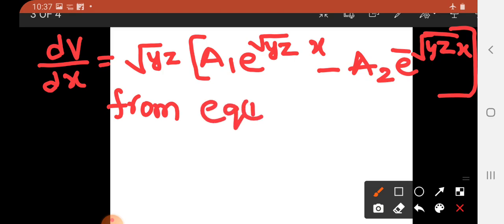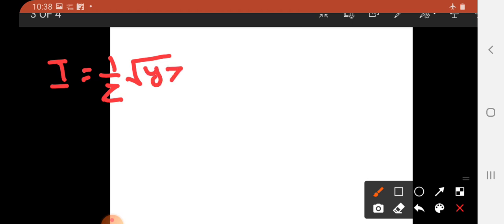From equation 1, dV/dx is equal to ZI. That is, ZI is equal to this one. From this equation, what is I? Therefore, I is equal to 1 by Z, square root of YZ